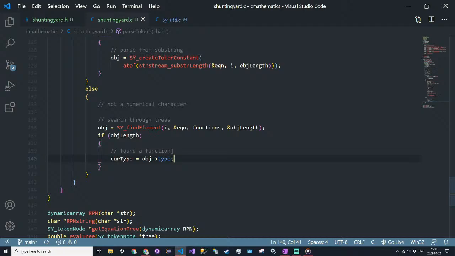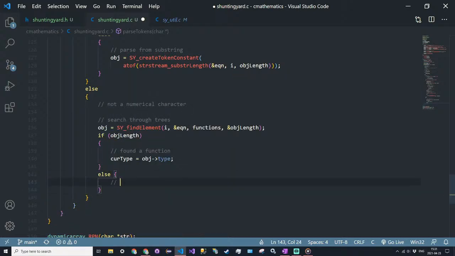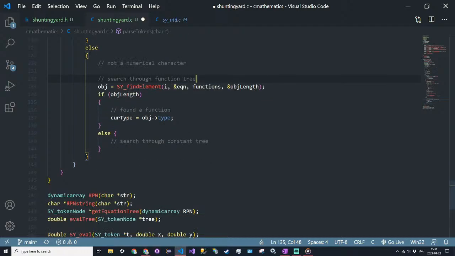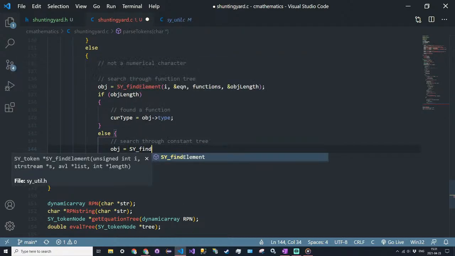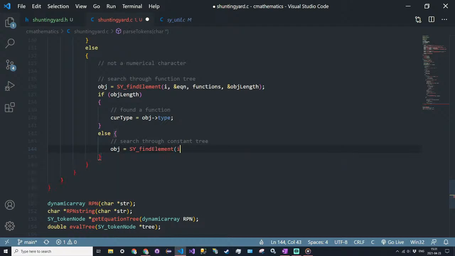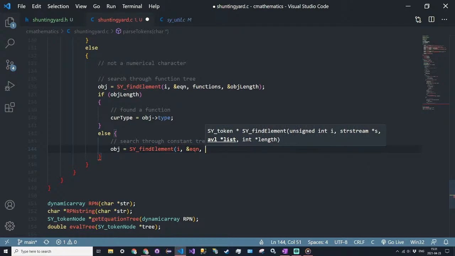And object.type will be based on whatever the token it returns is. Now otherwise, we want to search through the constant tree. So it's going to be the same sort of thing. Object is equal to sy find element. Pass in the parameter I, equation, a reference to. Then the list this time will be